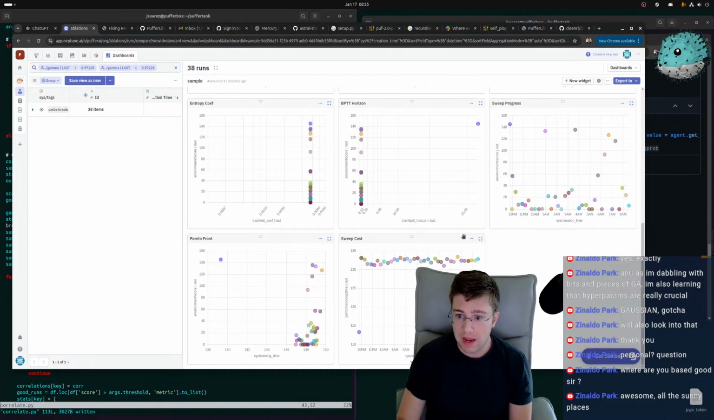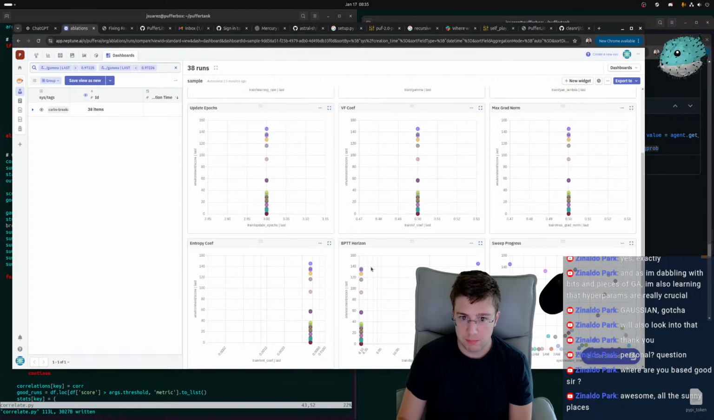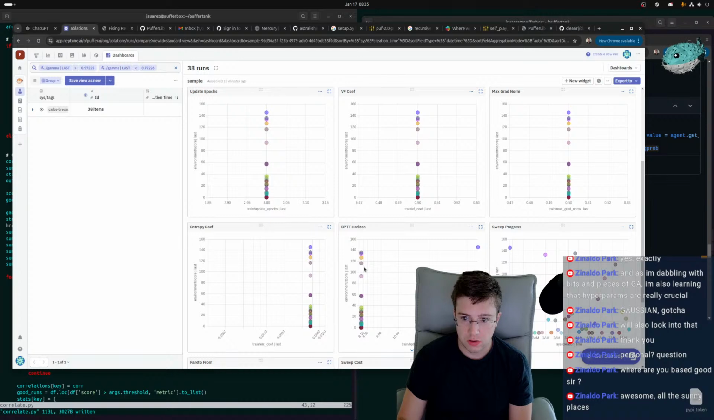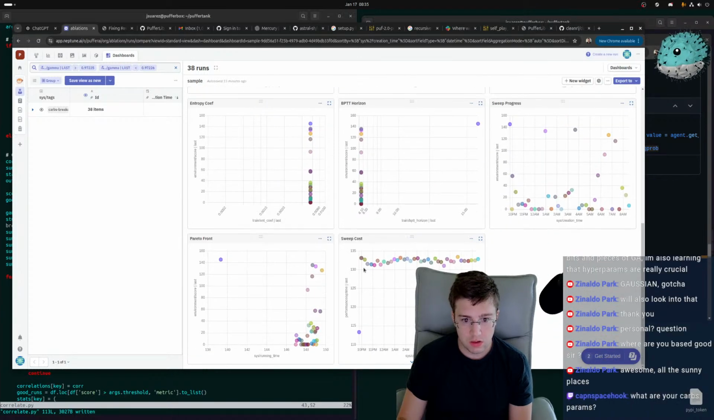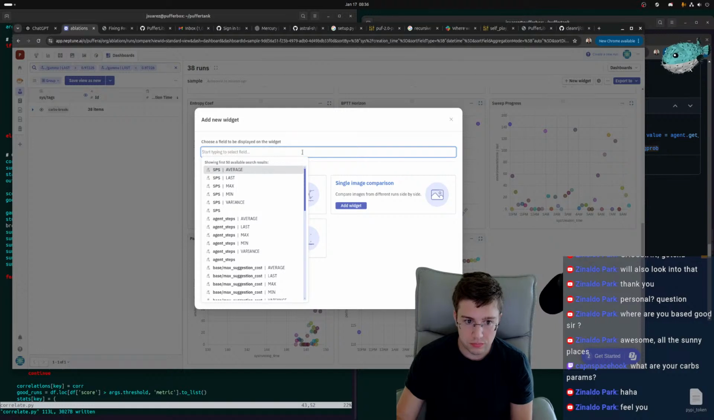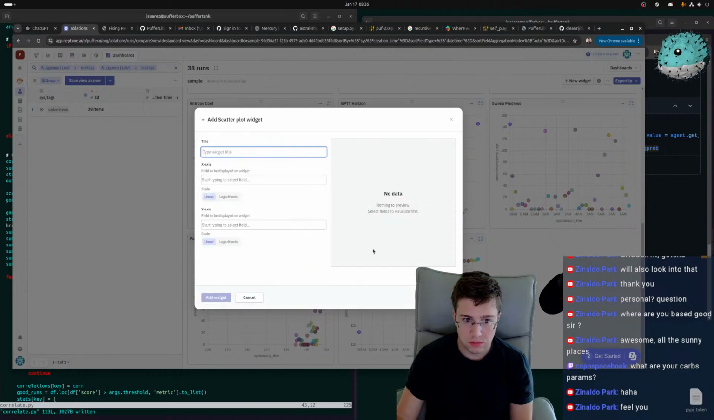So I have no idea what CARBS thinks it's doing here. This is very, very weird to me because I'm pretty sure all these runs are the exact same. I guess I could add, hold on, new widget. So we're gonna do